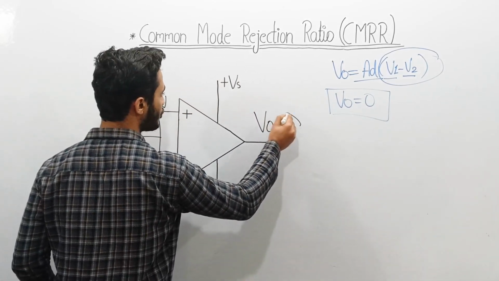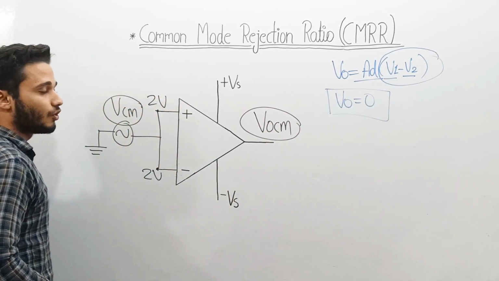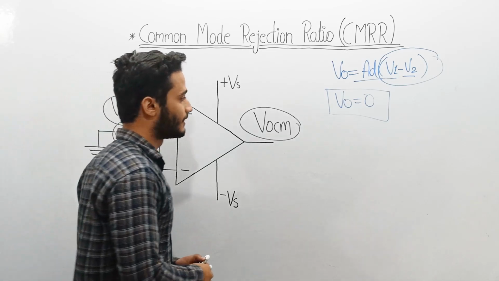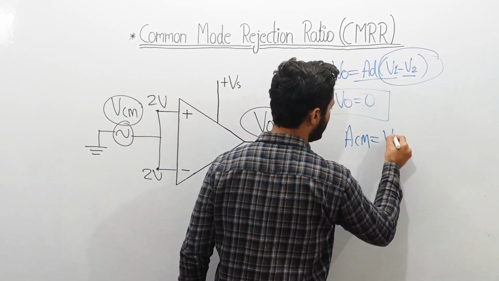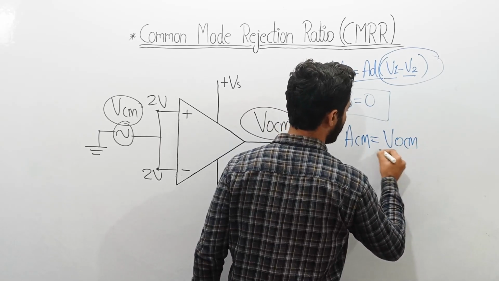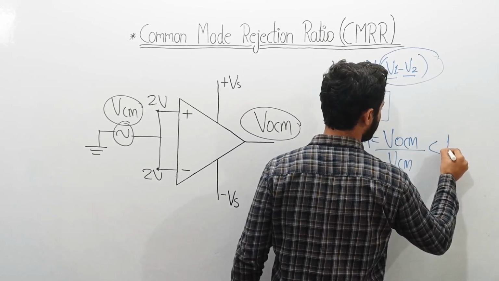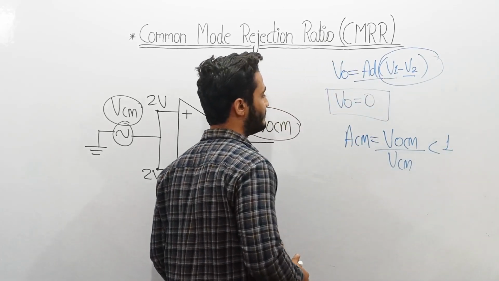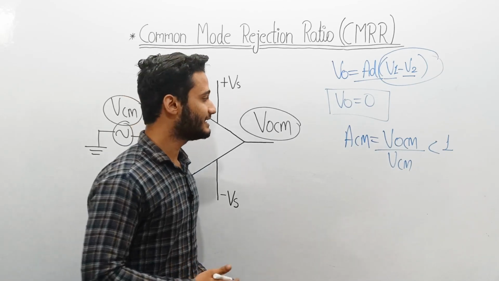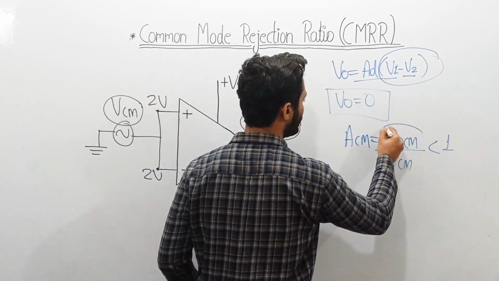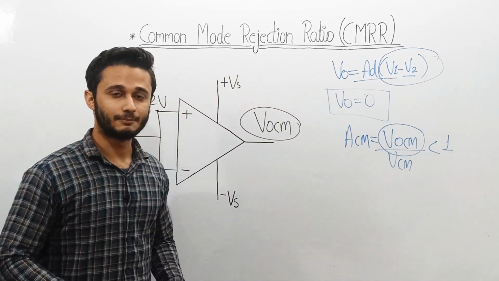The ratio of this common mode output voltage to the common mode input voltage is called the common mode gain. So ACM, the common mode gain, is equal to VOCM upon VCM. The value of common mode gain practically is less than 1, but ideally it should be equal to 0, or we can say that the value of this common mode output voltage should be equal to 0, because suppose the